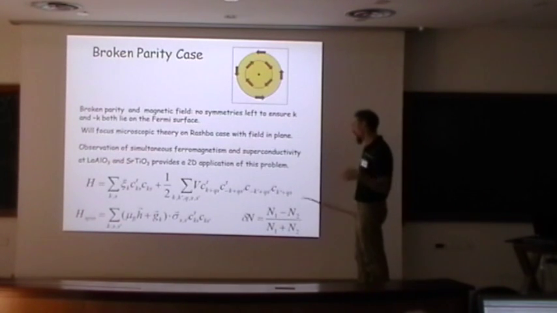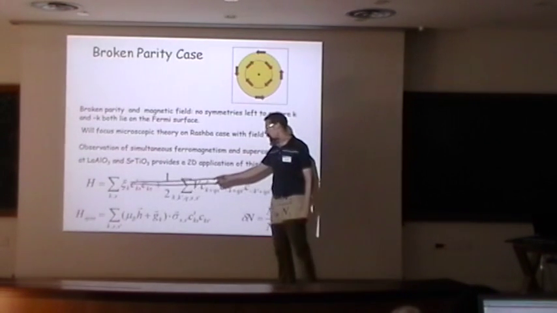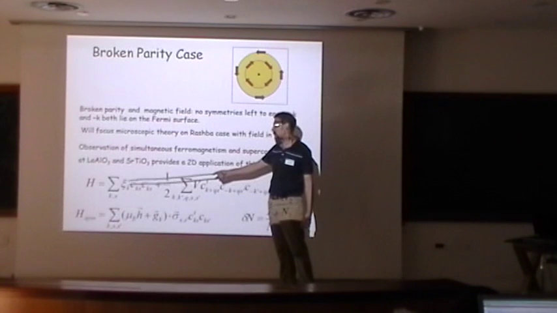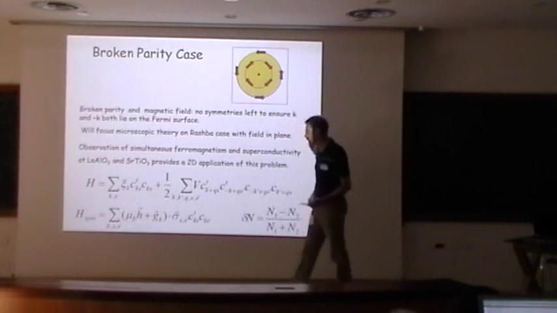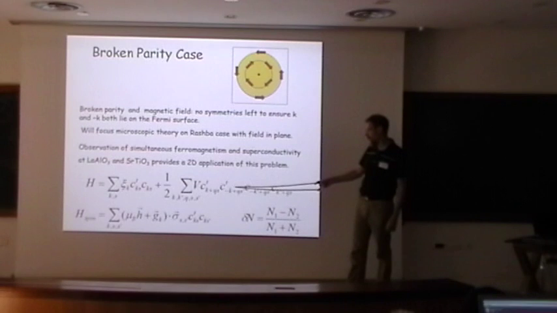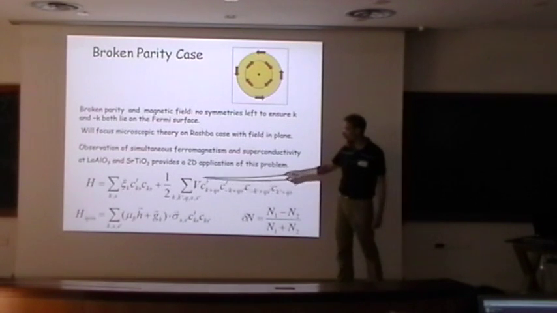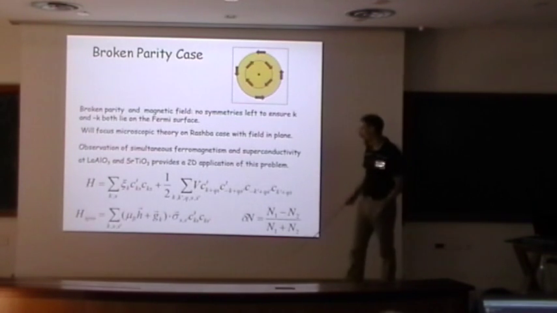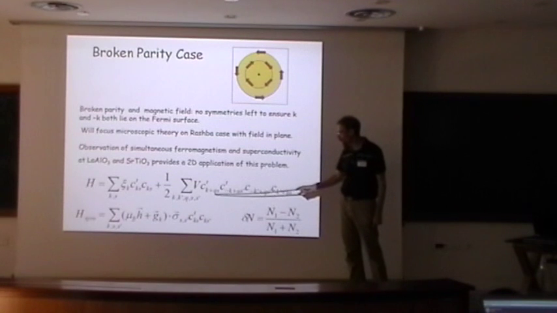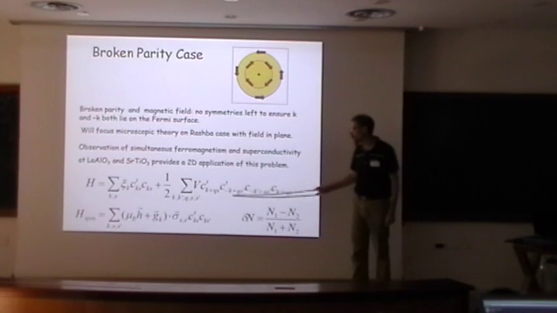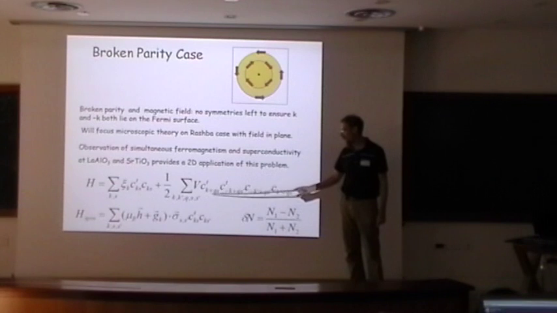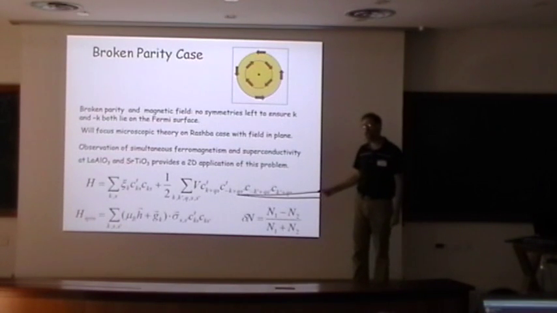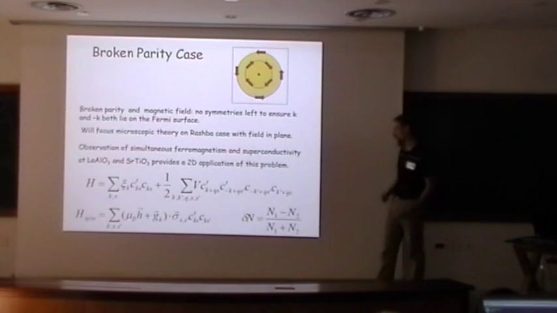All right, so just to give you a very quick idea of how this is done. Again, I'm going to have a pairing Hamiltonian. I'm going to have my usual Hamiltonian, with a kinetic energy term. Now, the difference from before is that I'm going to have a pairing term. I'm making this S-wave pairing just because the physics I'm interested in is true for all pairing symmetries, so you may as well do it for S-wave. And then, in addition, I'm going to allow for the possibility of having finite momentum in my Cooper pairs. And so now you can see that I have to add a Q label corresponding to this finite momentum of the Cooper pairs. So that's what's showing up here.